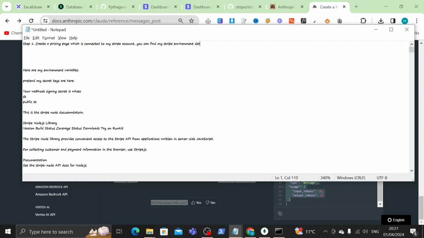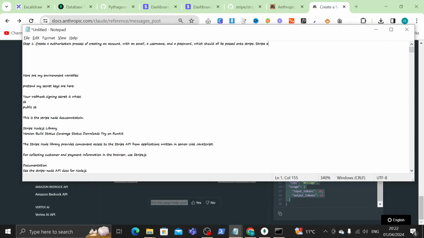So actually, no, this is step 2. Sorry. Step 1 is create a... We can probably mix these two together. I'll just put this after though. So create an authorization process of creating an account with an email, a username, and a password, which should all be passed onto Stripe. Stripe also needs to be set up